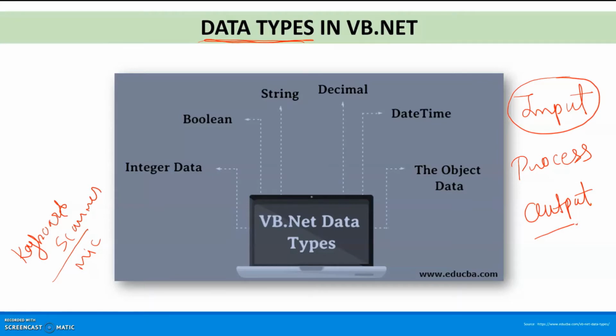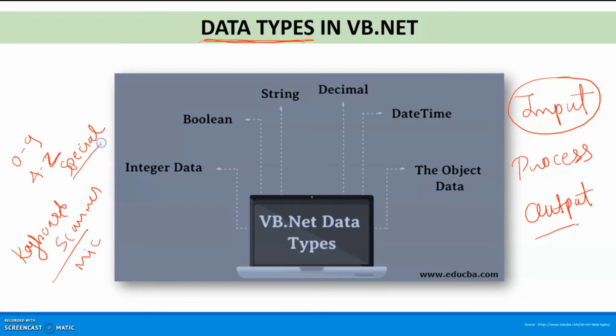So what type of data are you inserting? If we talk about the keyboard, then on your keyboard you have numbers 0 to 9, then you have A to Z letters, then you have special characters, right?